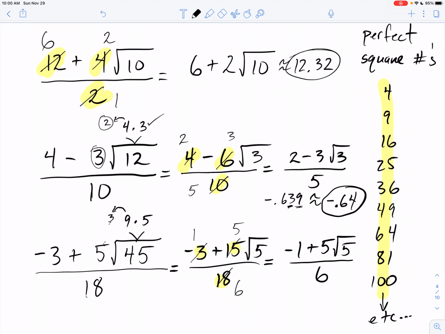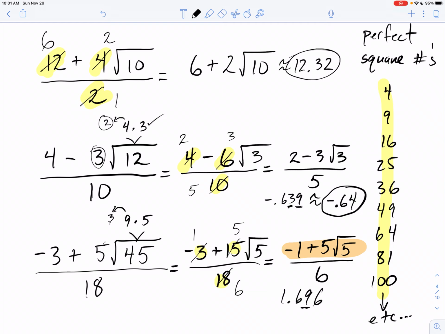So I'm saying negative 1 plus 5 rad 5. I'm going to enter that on my calculator. I get some ugly number, 10.180, blah, blah, stuff like that. But I'm not done until I divide by 6. So remember, on your calculator, very important, you have to type that in and hit equals. Then you divide it by the bottom number, and if you do that correctly, on this one, I get